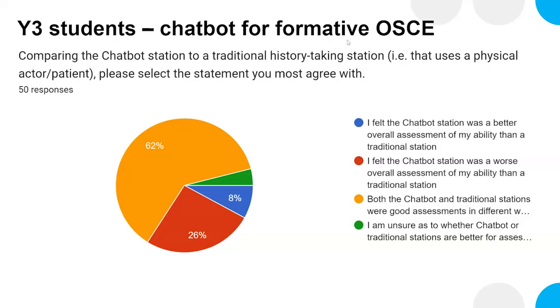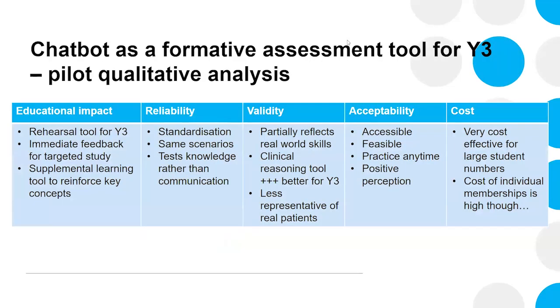So both in the form of an open text at the end of this form and from the focus groups, we explored these reasons more to understand what they were talking about. And from what they told us, we have looked at it through the Van der Vleuten utility equation, through that lens. So I'll just quickly cover those. Looking at the impact, it's essentially a better tool if you're trying to assess the structure of a history taking and the diagnostic ability of a student, which for third-year students, when they're starting off in their history taking journey, is something that they felt was quite beneficial to them.